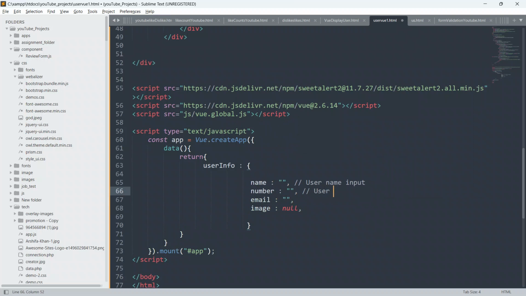Give user number input, and give a comment also here. Give user email input, and a comment also here. User image input.